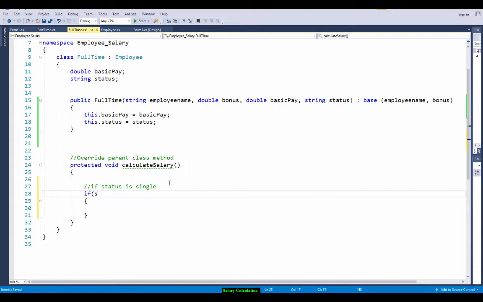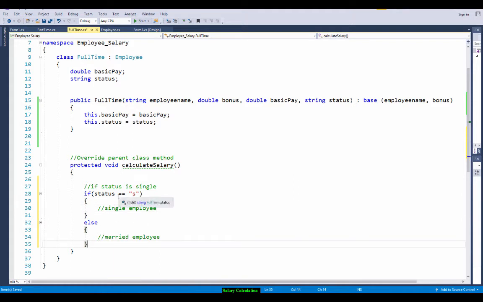If status is equal to, let's say S means single, else otherwise it's married, bracket open, bracket close, then married employee, and this one is single employee calculation. We'll do married employee calculation here and single employee calculation here. Okay,